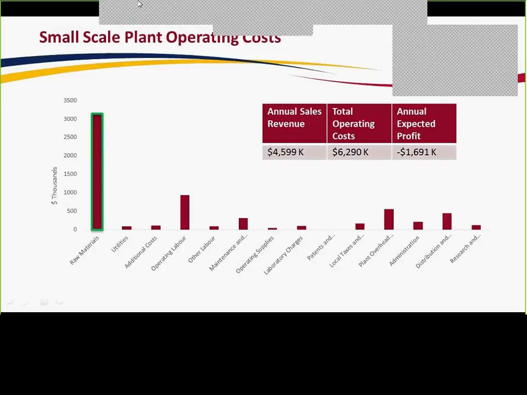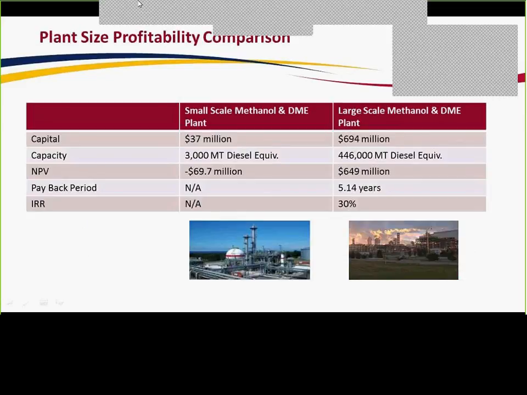Just a quick overview of the operating costs that this plant incurs. I've highlighted the largest one out of the range, which by far seems to be the raw material cost of methanol. And then if we were going to make this plant profitable, we would have to mitigate that somehow. So one proposed solution was including a methanol plant with this DME plant. On the small scale,